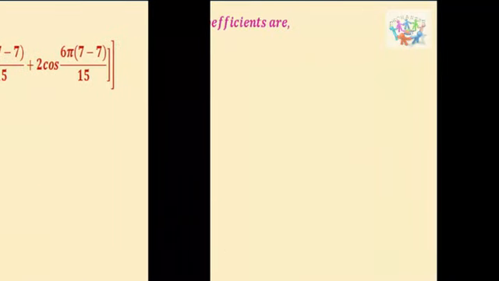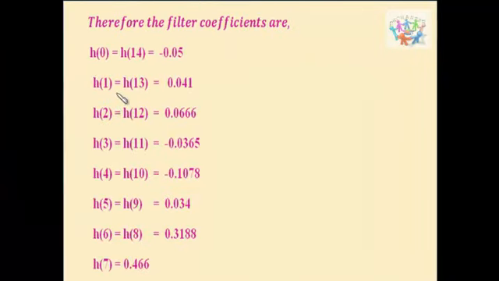Now, since it is a symmetric system, we need to find only till 7 because 7 is the point of symmetry, and from the graph, like I said, the values after 7 will follow the values before 7. So 8 will follow 6, 9 will be equal to 5. Similarly, all these values will be equal to these values. So finally we will get all the coefficients for the FIR filter.